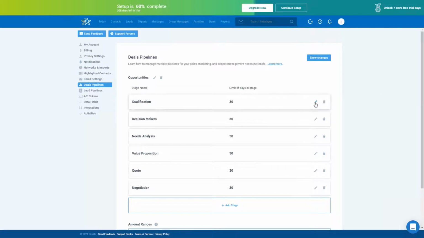And you can rename them as well by clicking this Edit button, and you can change the name or the limit of days in the stage. And you can see that they're all set to 30 right now. All right, and so that's how you can edit it. Now, if we go back to the main tab view,